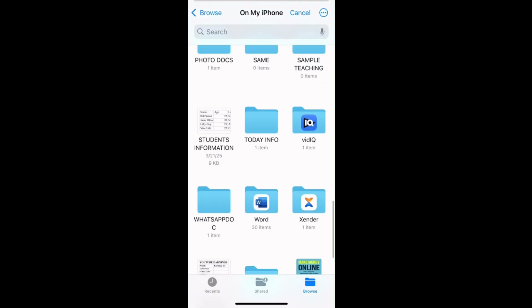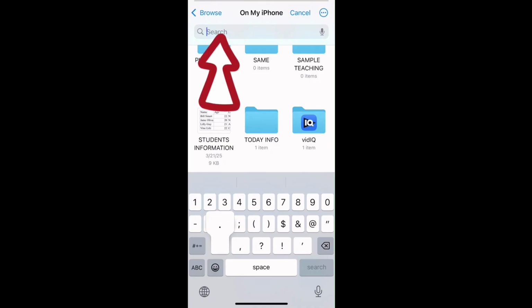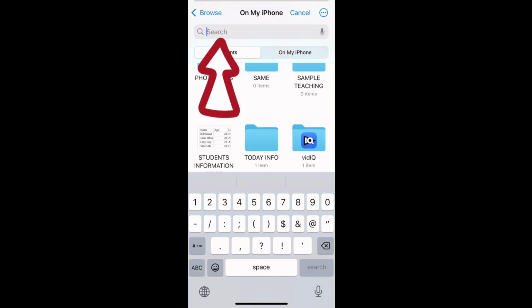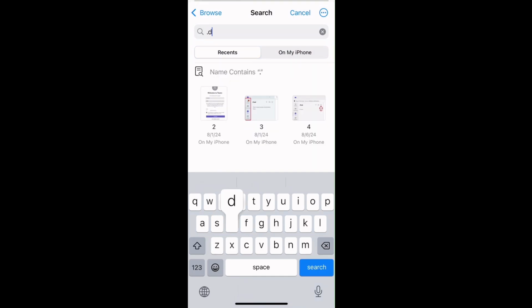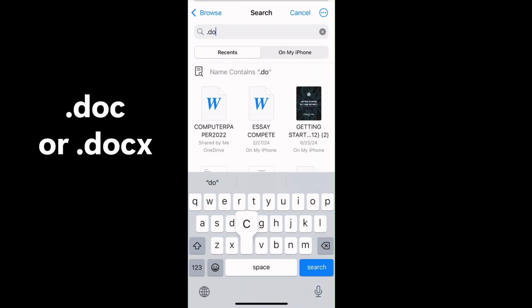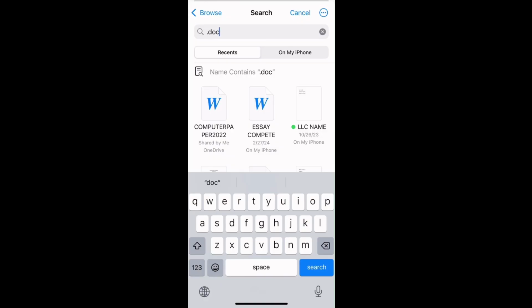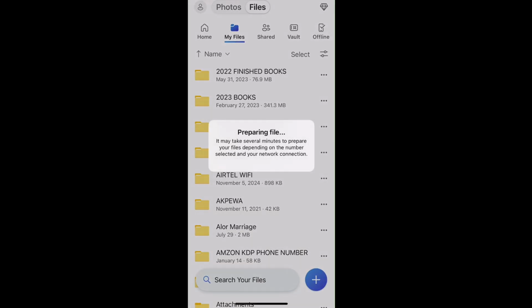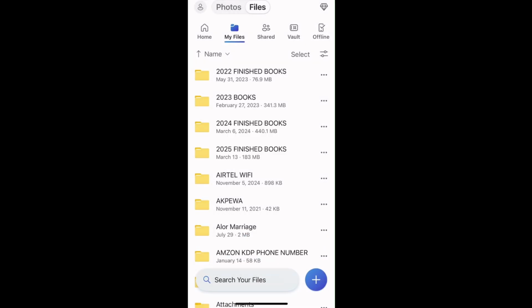If I'm not finding it, I can use .doc. Tap into the search, and then type .doc or .docx. Then this will bring up the doc files that are available in that location. All right, so tap on the file you want to upload to OneDrive. So here, let's say Essay Complete. That's what I want to upload, and it's uploading,